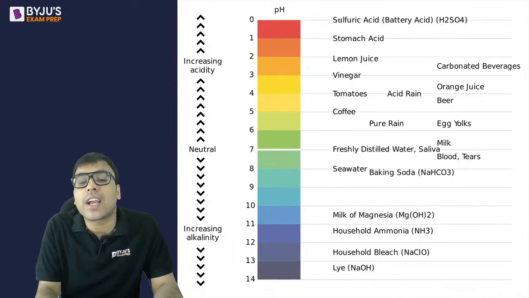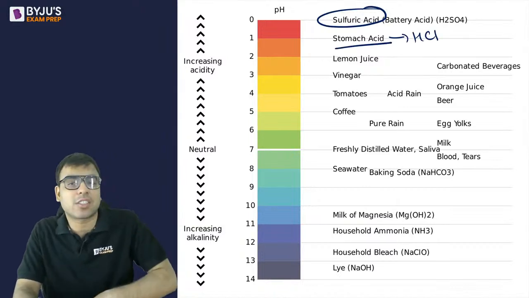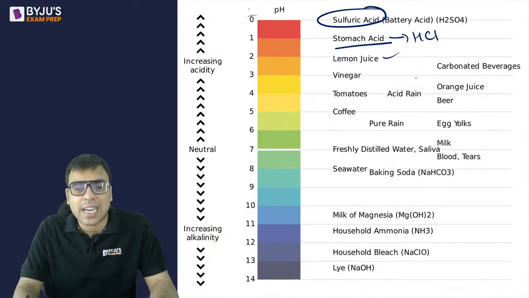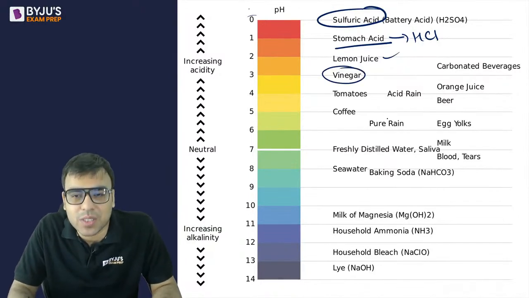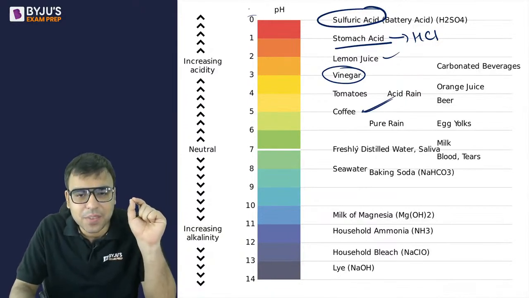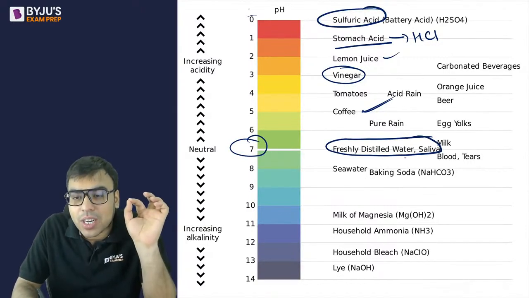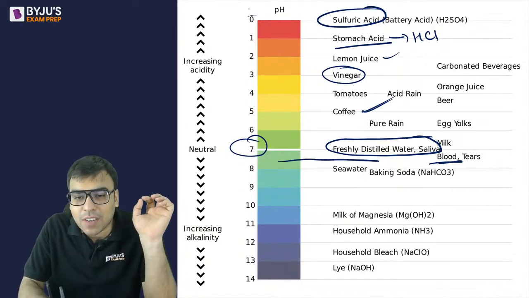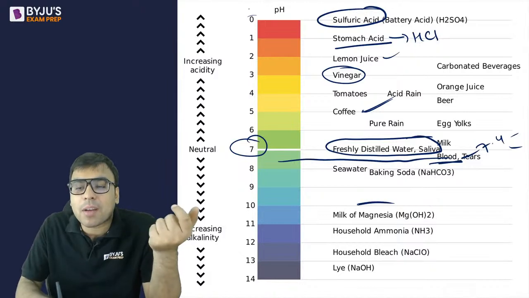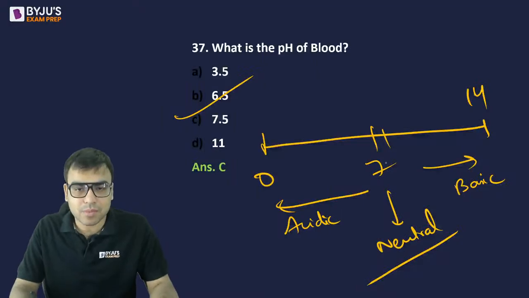So acidic, जो strong acid होता है, sulfuric acid. Stomach acid is hydrochloric acid, which you will find inside the stomach. These are highly acidic, ये 0.1 जितना इसके करीब रहेगा. Then lemon juice is slightly weaker. विनेगर भी थोड़ा सा वीकर एसिड होता है. फिर कॉफी, समवेयर हियर, हल्का सा एसिडिक होता है. 7 इज हियर: डिस्टिल्ड वाटर, सैलिवा, ये सब एकदम न्यूट्रल होता है. एंड ब्लड इज हेयर, तो आप देख रहे हो 7.4, 7.5 के आसपास होता है. बेसिक में मिल्क ऑफ मैग्नीशिया, सोडियम हाइड्रोक्साइड, these are of course bases. So the right answer is C.